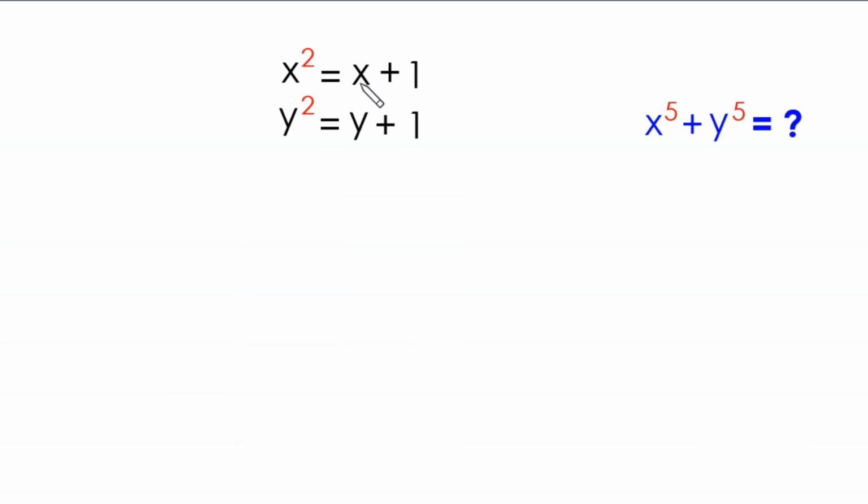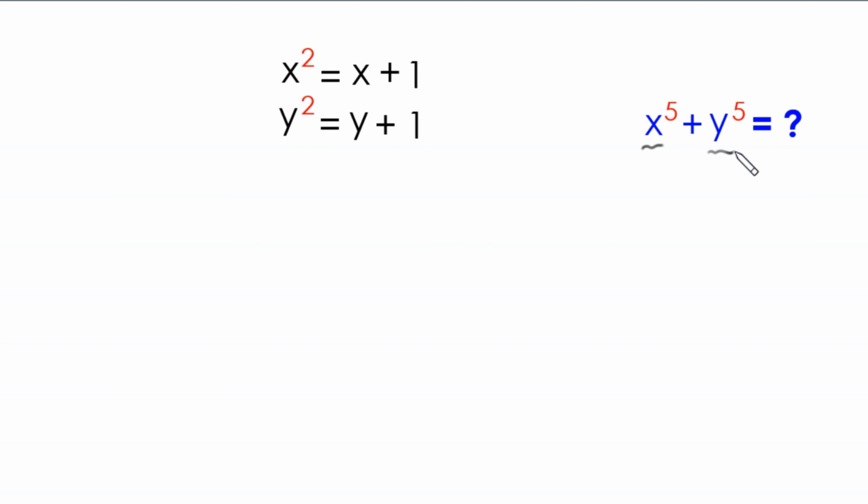x squared is equal to x plus 1 and y squared is equal to y plus 1. Our job is to find the value of x to the power 5 plus y to the power 5. So let's start. First we find x to the power 5 and y to the power 5, and then we